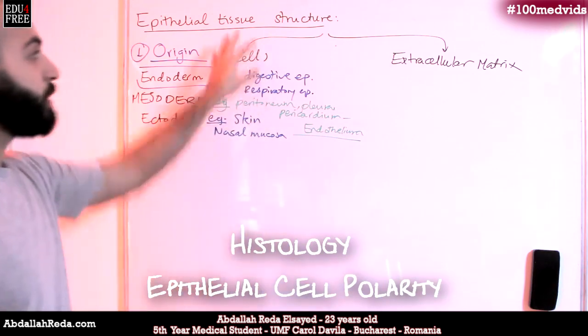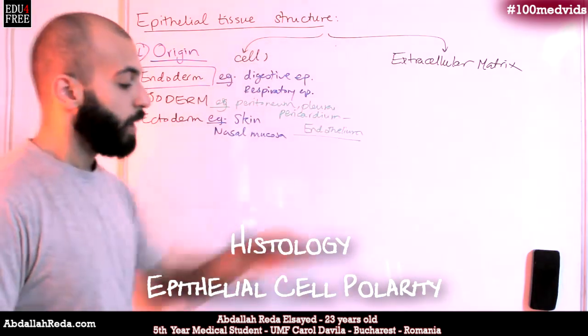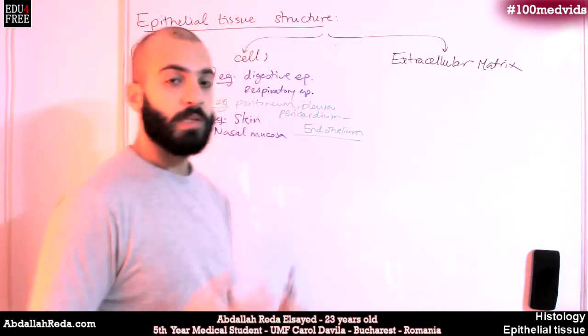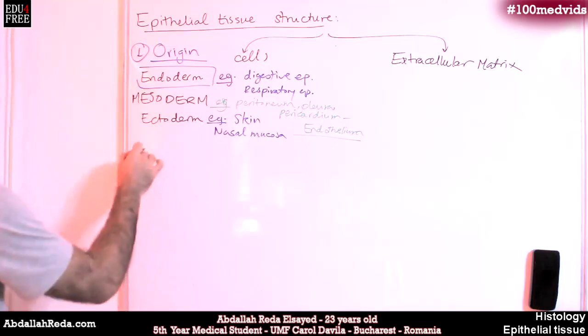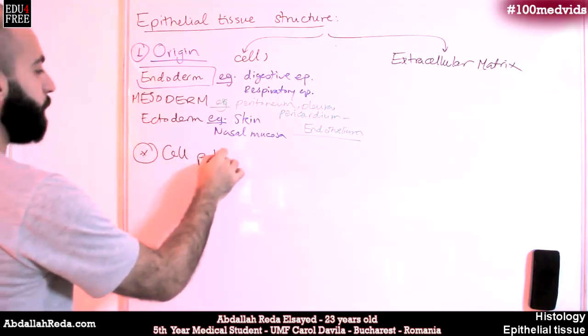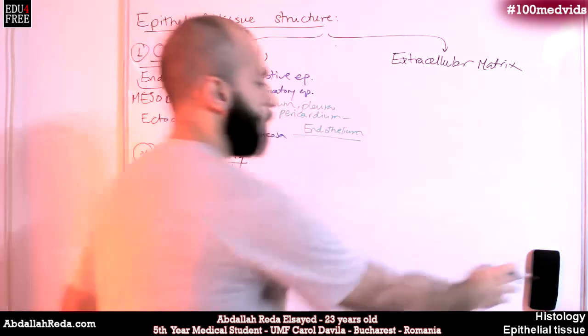The second thing, which is the structure. Now we gotta talk about the cells and the extracellular matrix. There's something special about the epithelial cells, which is called the cell polarity. Cell polarity. Which means, for example,